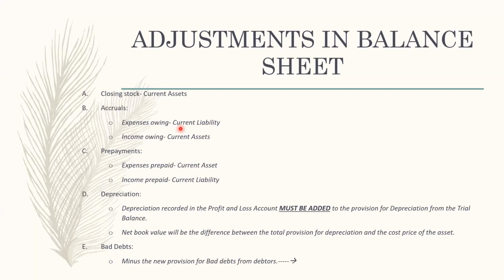Prepayments can be expenses or it can be an income as well. If expenses are prepaid, it is a current asset because we paid more than what we're supposed to pay. As a result, we have it in the business. But if income is prepaid, where a customer comes and pays in advance for some type of service like gym fees for the next few months,